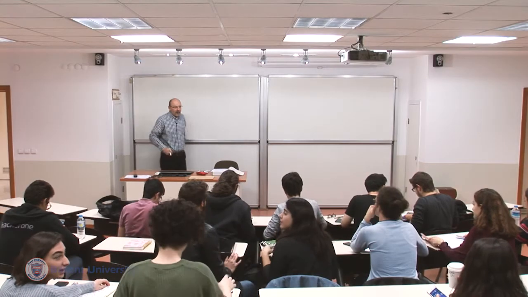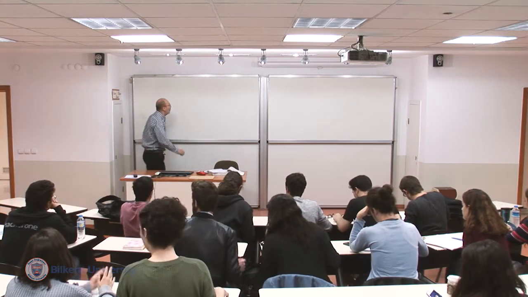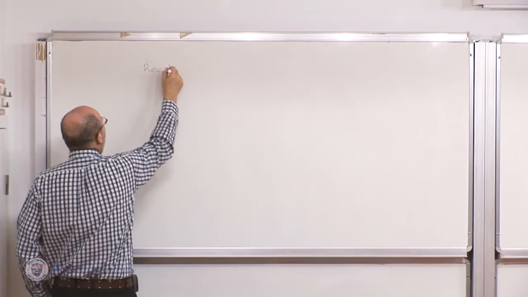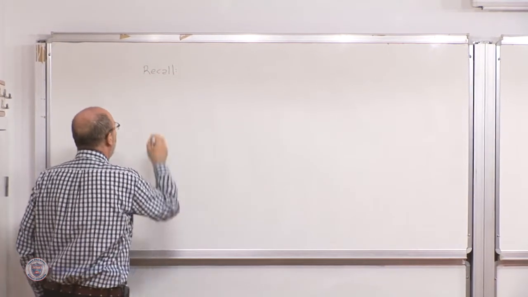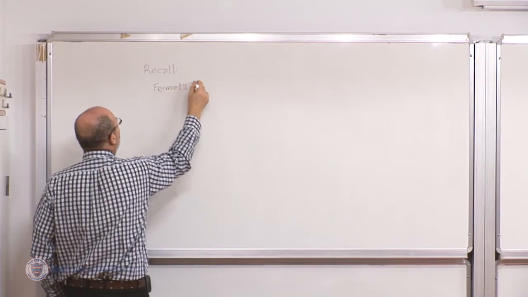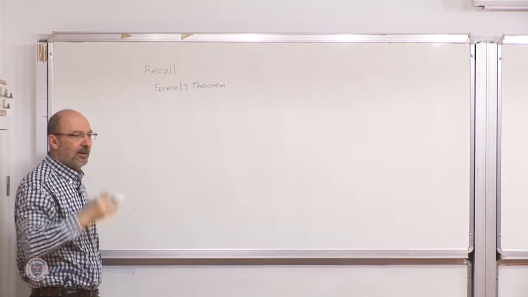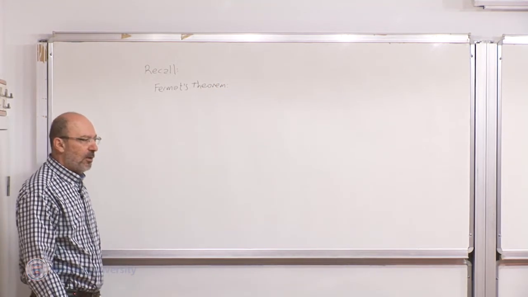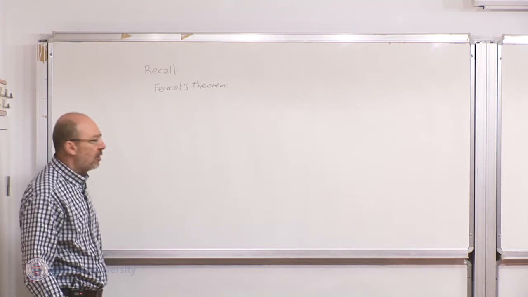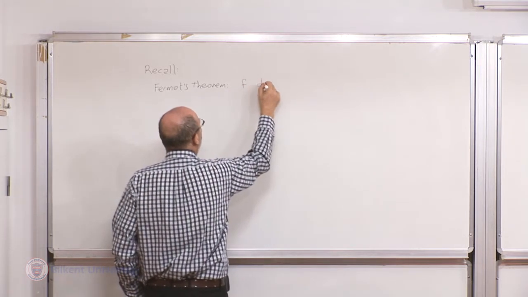Let us start by reminding what we did. Recall that we did these things. First we had Fermat's theorem. This says that if you are looking for minima maxima points, they are among the points where the derivative vanishes. So we have f differentiable